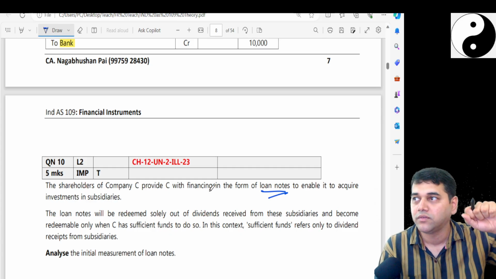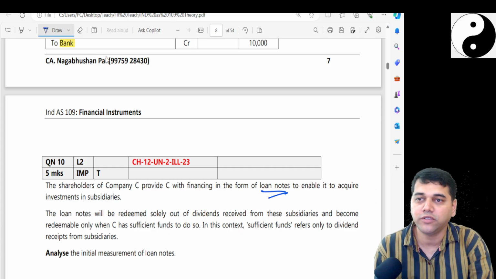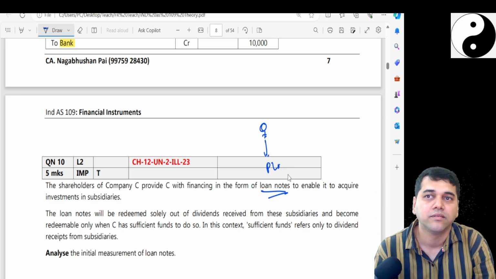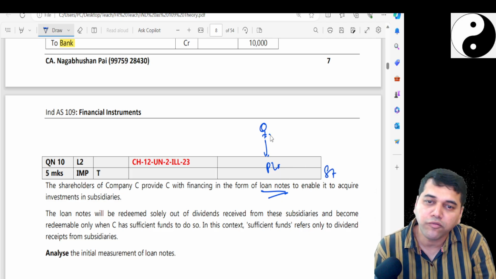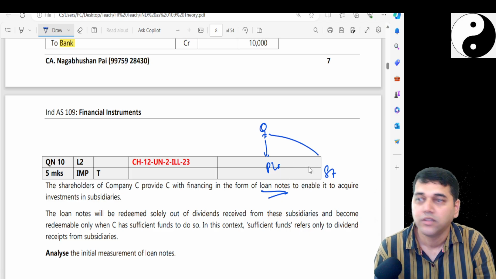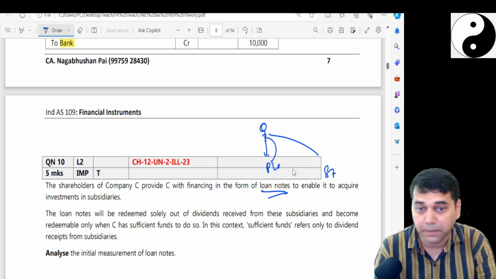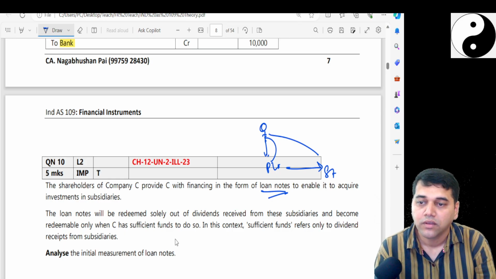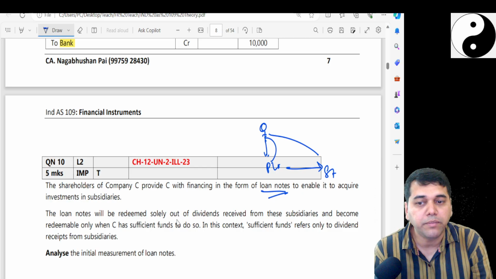No. What did he understand? There is one shareholder here. Under him, there is P Limited, and there is S Limited. He himself could have invested here. No, he gave a loan to the parent, and the parent went and acquired this subsidiary. Now the loan notes will be redeemed solely